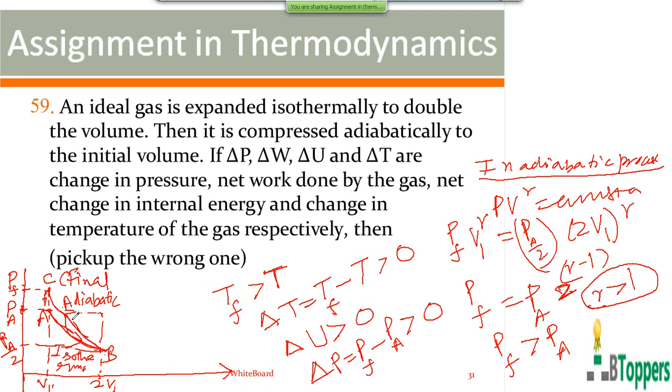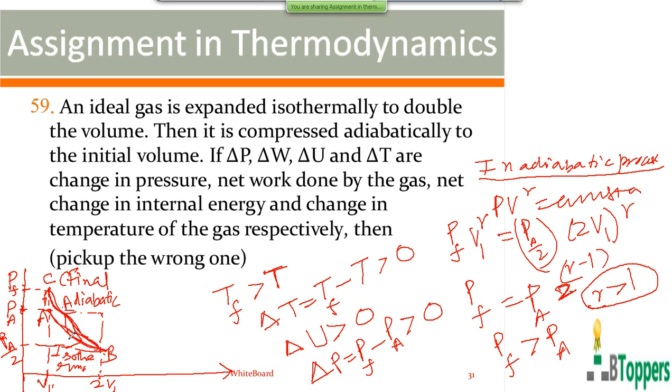So B to C. You have another curve here, which I have shown roughly, which represents the adiabatic curve. At the final state C at the end of the adiabatic process, pressure is denoted by PF, which is slightly more than the pressure at A, because 2 power gamma minus 1 is greater than 1. Therefore, the final pressure at the end of adiabatic compression is more than the original pressure at A. But the final volume at C is again V1, same as the original volume at A. So when the gas comes to the state C, the final pressure is more than the original pressure at A, so delta P is positive. Delta U is positive, delta T is also positive.